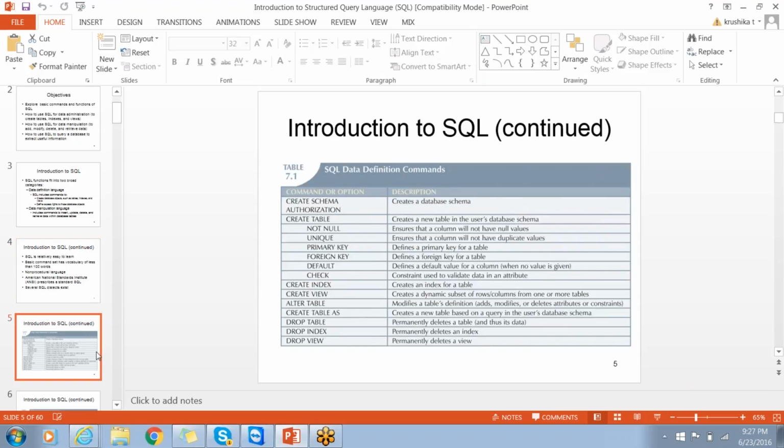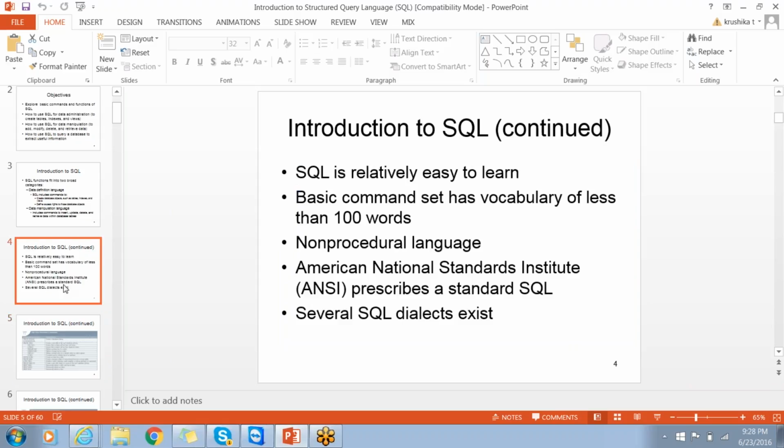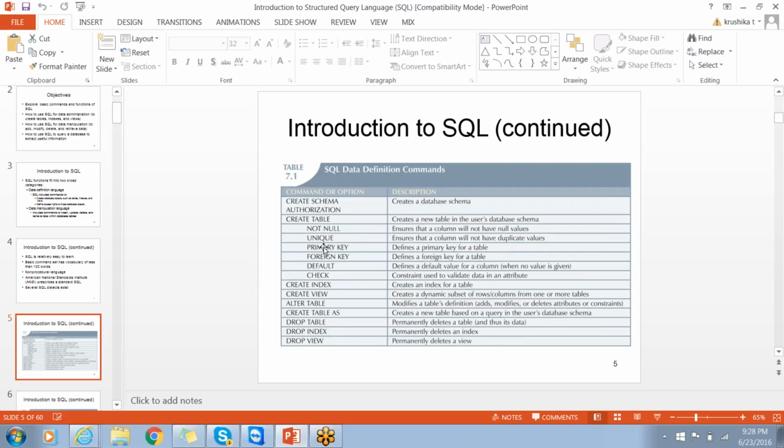Next, these are the things you are going to use as those 100 words, as I mentioned in my last slide. What are those keywords? When I'm talking about the DDL, what is the DDL? Data definition language. You are constructing something, which means create. Create is the construction, right? Create a home means build a home. Likewise, create schema authorization, create table,